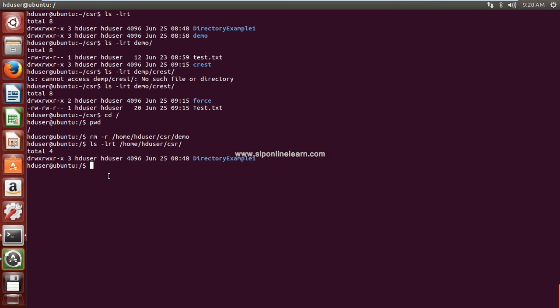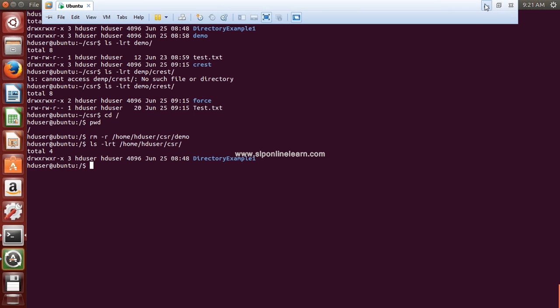So all the structure from the specified location, or directory name, from that particular location to the end of the tree, everything will be deleted. So while using the rm -r command, you must be very careful. Okay, fine. We'll move on to the next.